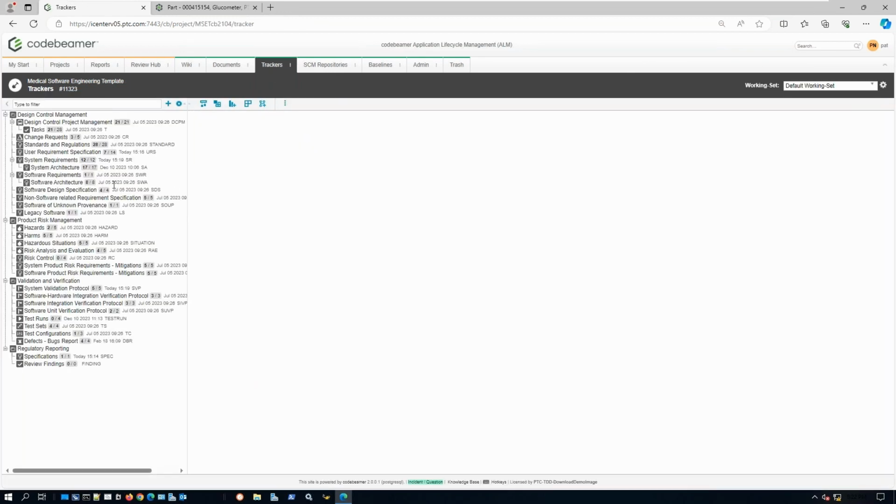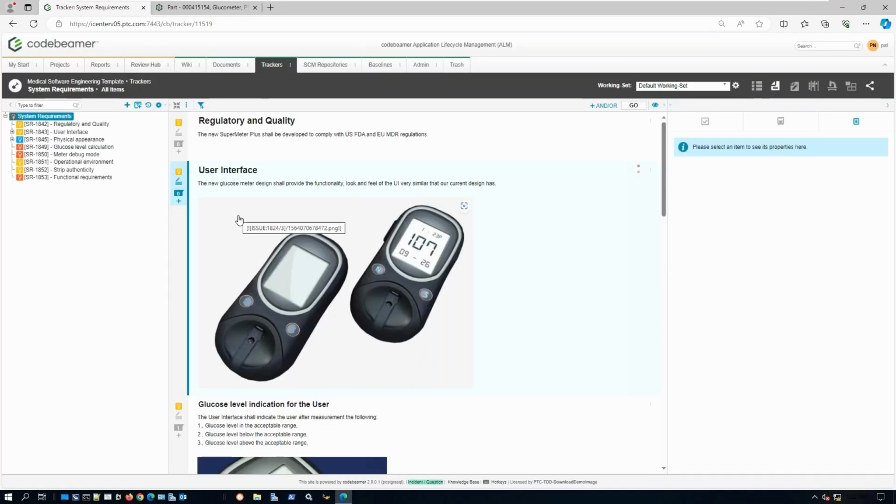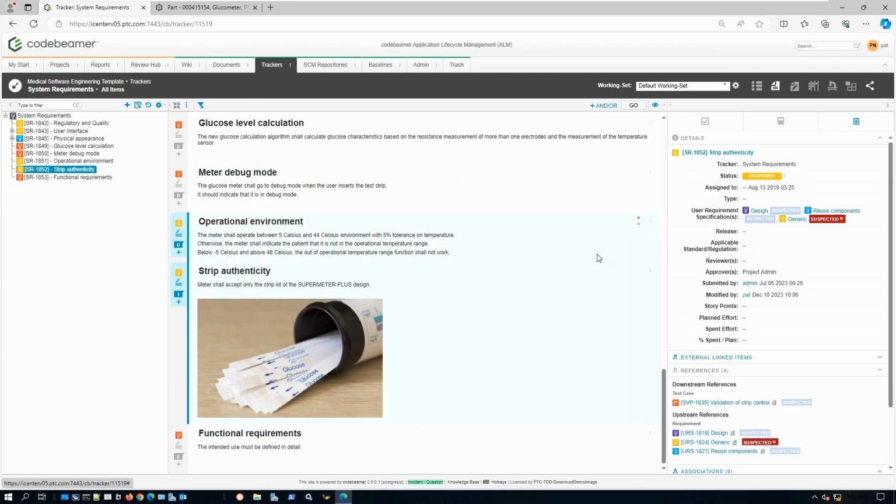Okay. So once we've conducted our risk analysis, we might jump over to our system requirements and have a look at how we might carry out not only the acceptance of these system requirements, but the corresponding test information. So if I jump to a particular object, we can see the status, okay? So the status is related to the lifecycle state or the workflow that is related to every single one of